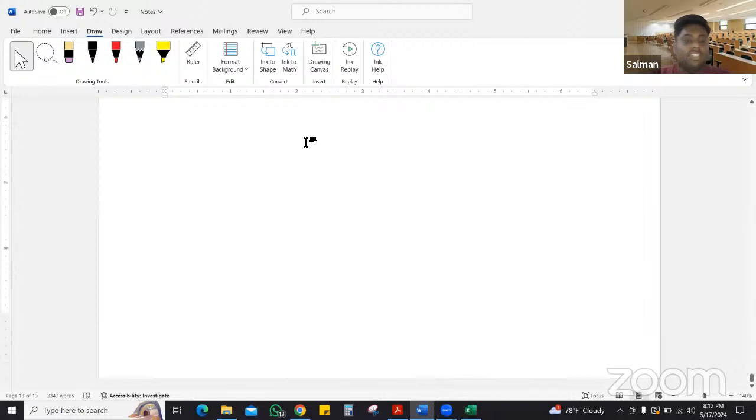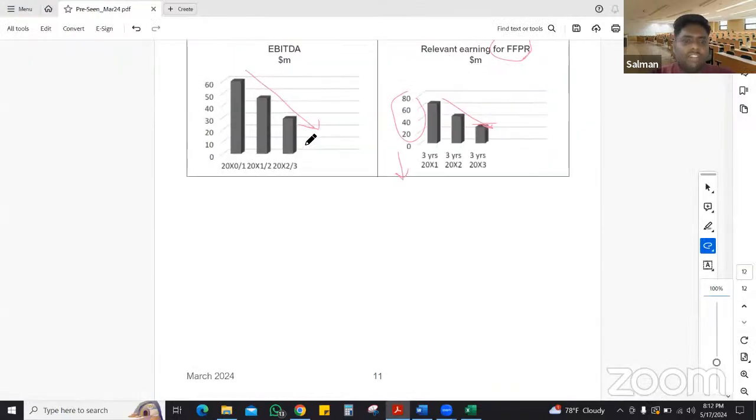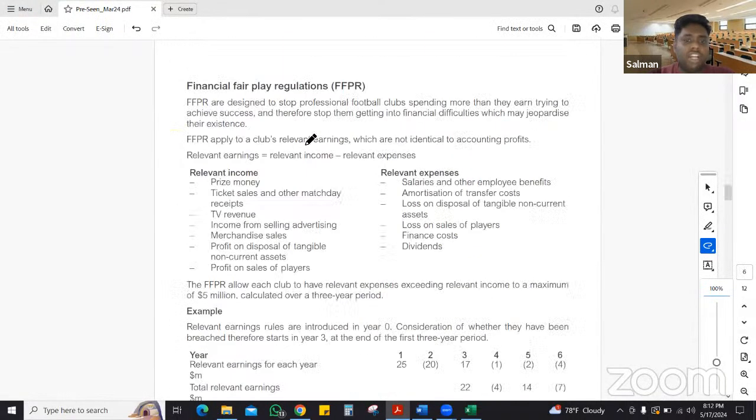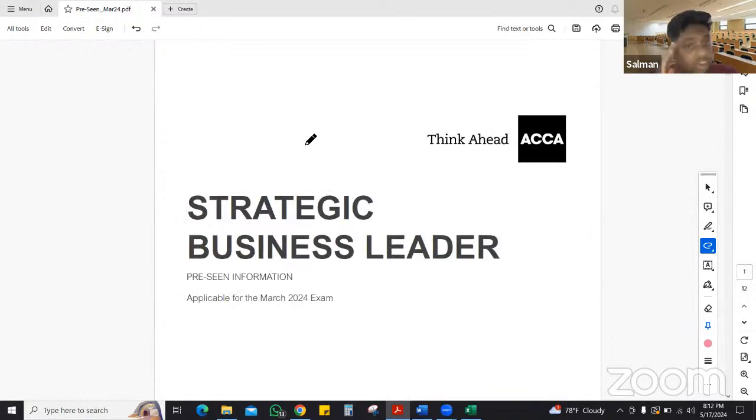Right, guys, with this comes the end of this pre-scene analysis. Now you understand, right? Even though the final exam might not ask you on the details given in the pre-scene, the task information is given in the exhibit in the final exam, but you cannot ignore the pre-scene, because now you have proper understanding